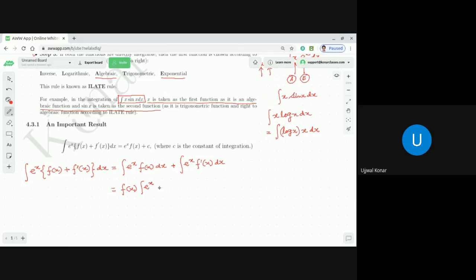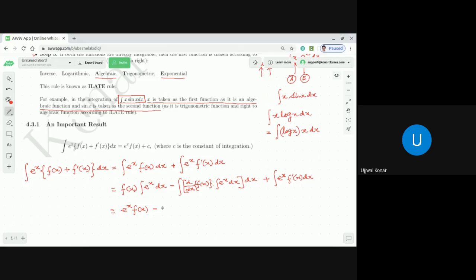So fx times the integration of e power x dx, minus the integration of d/dx of fx into the integration of e power x dx, correct? That is the complete integration by parts. Plus the integration of e power x into f dash x. I hope you all are aware that f dash x means d/dx of fx. So that is equal to what? We know the integration of e power x is e power x. So you can write it as e power x fx